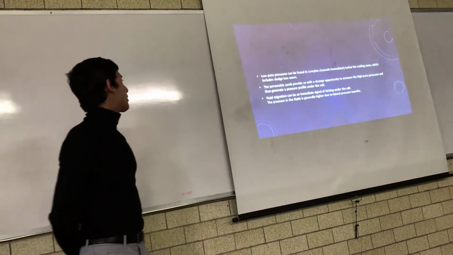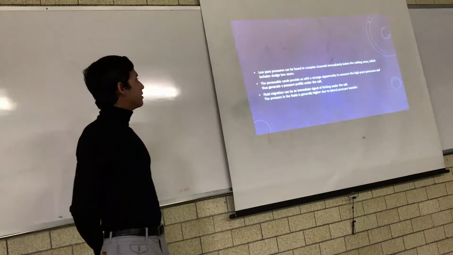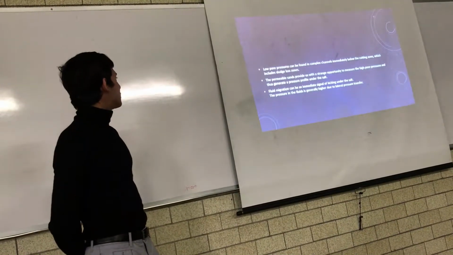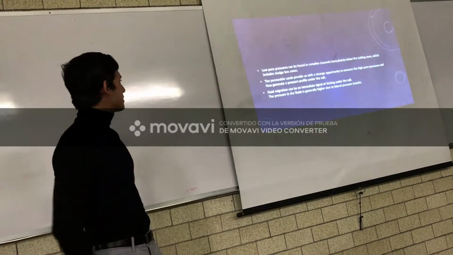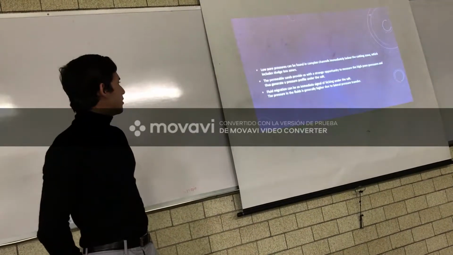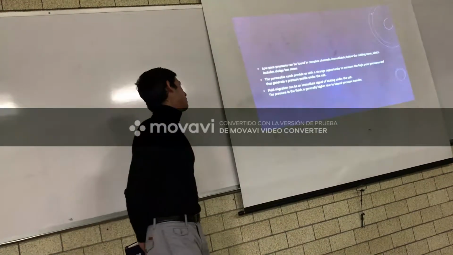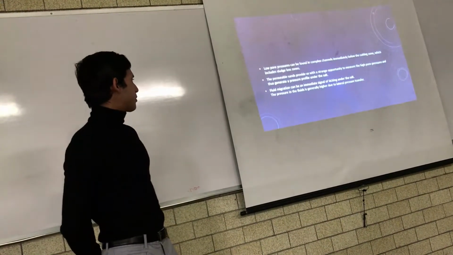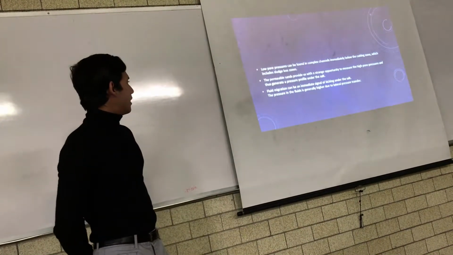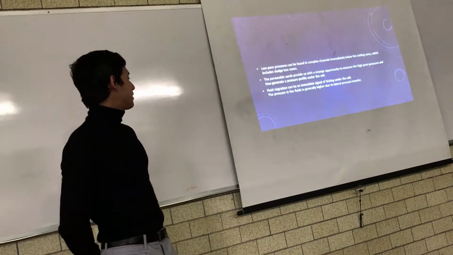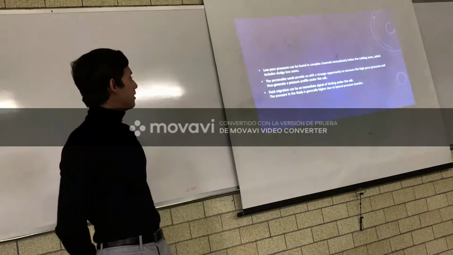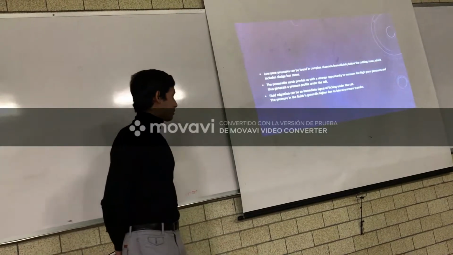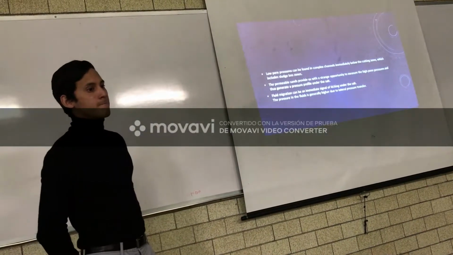And low pore pressure can be found in complex channels immediately below the shearing zone, which includes sludge loss zones or mud losses. The permeable sands provide us with a rare opportunity to measure the high pore pressure and thus generate a pressure profile under the salt. And fluid migration can be an immediate signal of kicking under the salt. The pressure in the fluids is generally higher because of lateral pressure transfer. Next one,